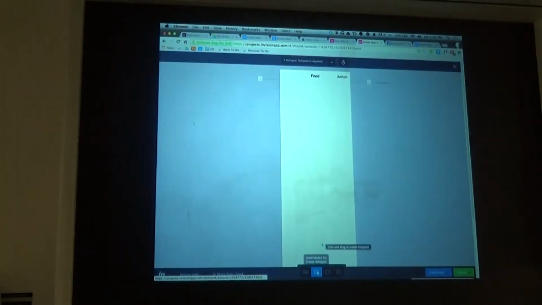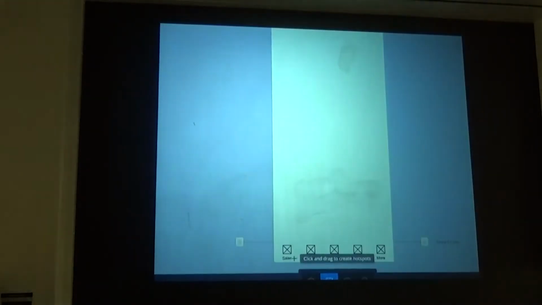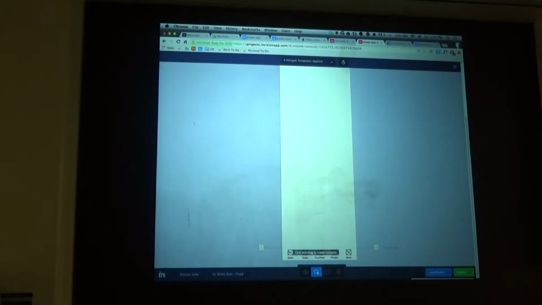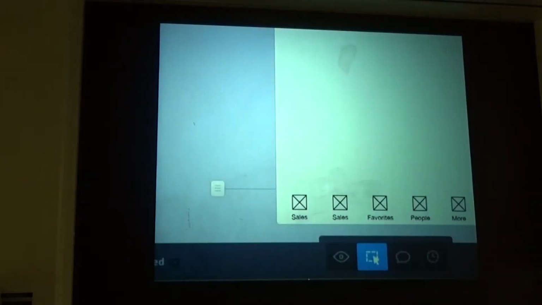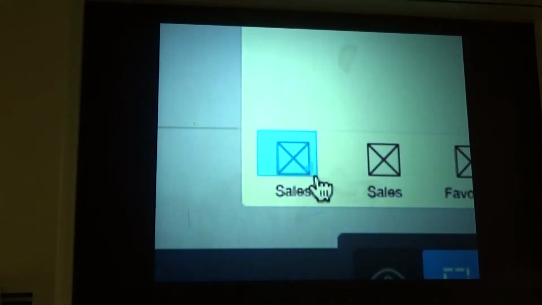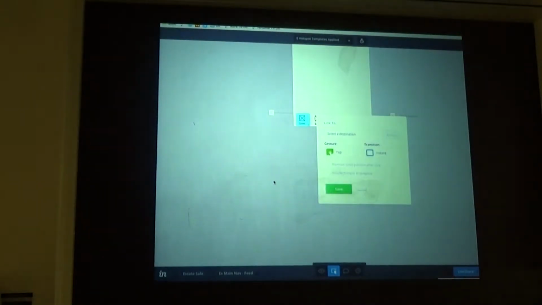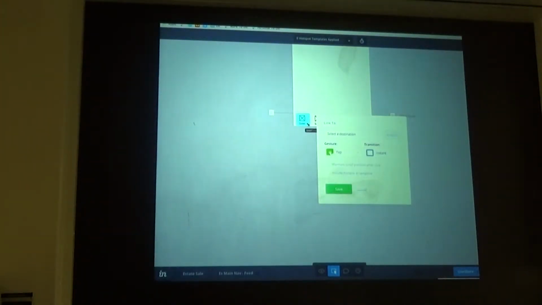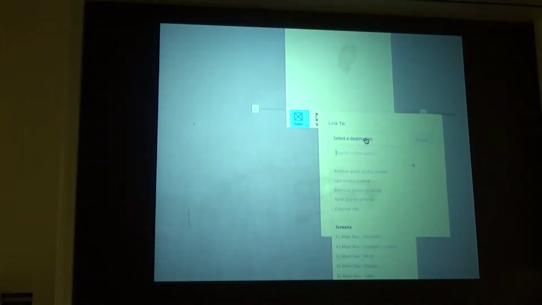So let's go back to here, and now we're gonna build out all the hotspots. I bet some of you guys are so smart that you're already working on this. So what we need to do is just click here, and we're gonna make this hotspot. Usually, make it sort of big-ish, because it's just better if it's more clickable. And then you click on the link to the destination. Now obviously this is going to be our,